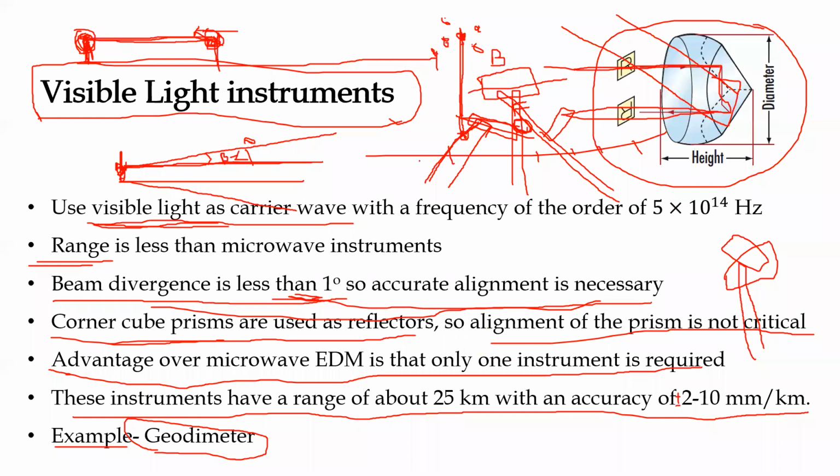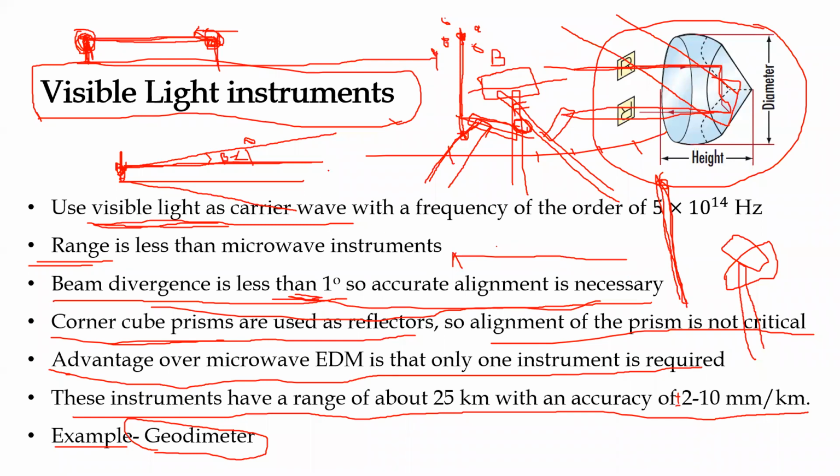First alignment, take it this way: where you have placed the instrument. Instrument means there will be a stick, and on top of the stick there will be the prism, that is your instrument. Although it's wrong to say this as an instrument, it is a reflector. So where you are placing the reflector, that is one kind of alignment. This is your line of sight.